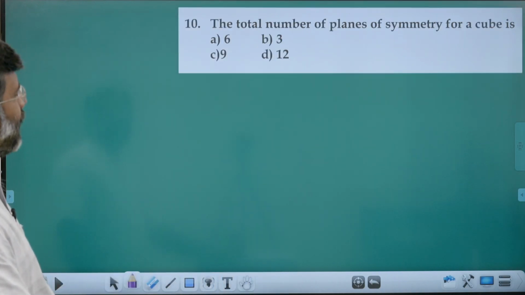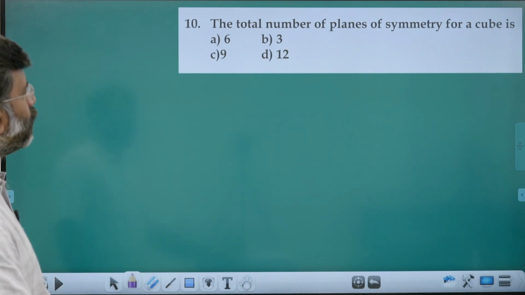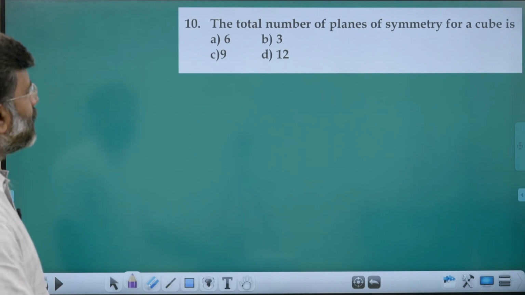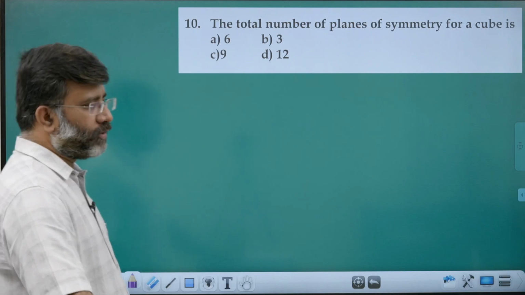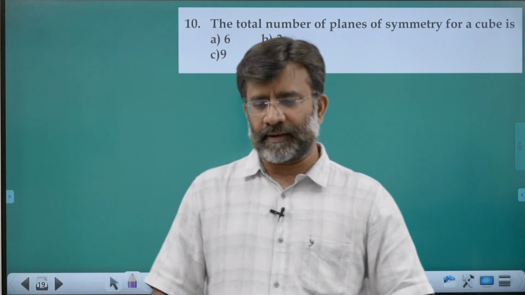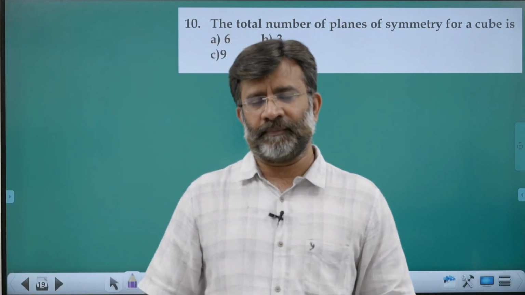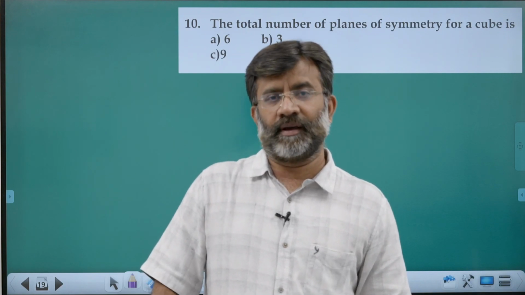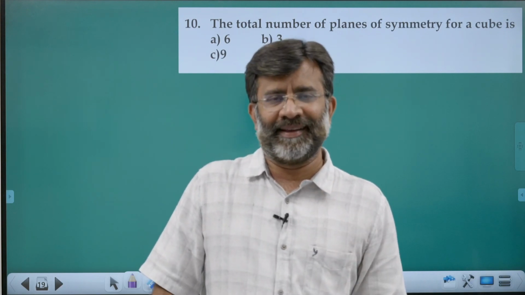Total number of planes of symmetry for a cube is. See, that is regarding planes of symmetry, and there can be questions: how many axes of symmetry, how many elements